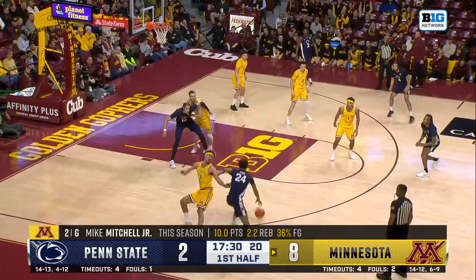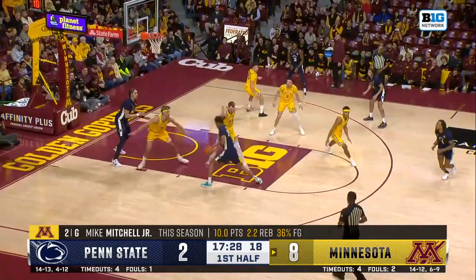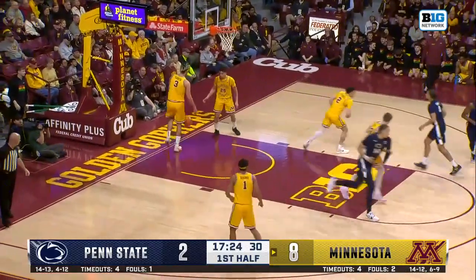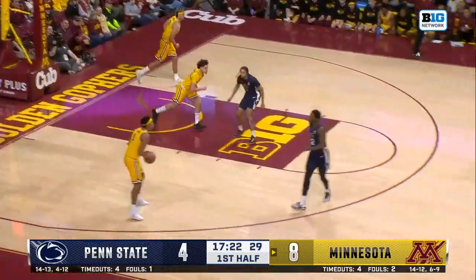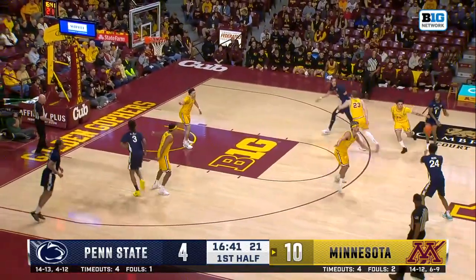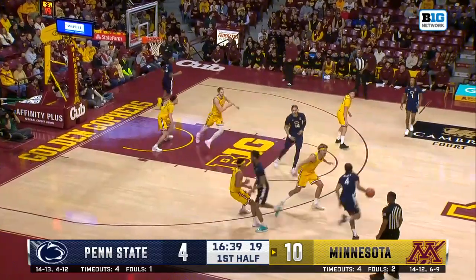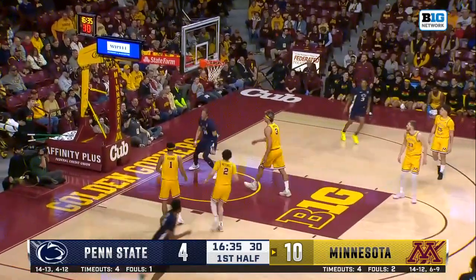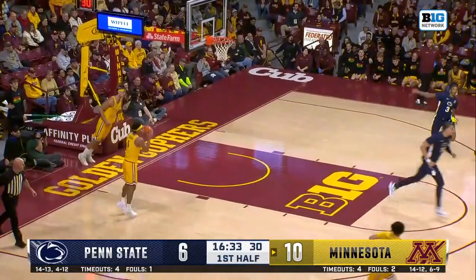Penn State, I mentioned one of the better offenses in the conference. 3 turnovers, that's their first field goal attempt. As the three-point shooters, we talked about Zach Hitz, one of the top 15 to make the Big Ten tournament, but also doesn't want to put pressure on his team. So it's a spoiler attitude, including today, that they're going to try to do, and that's an emphatic finish by